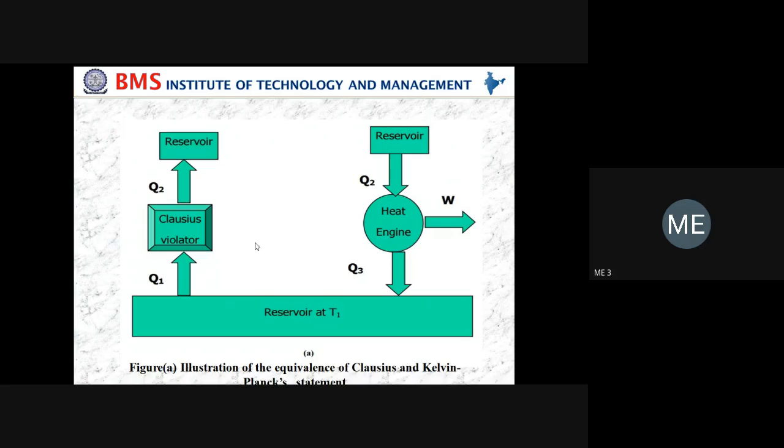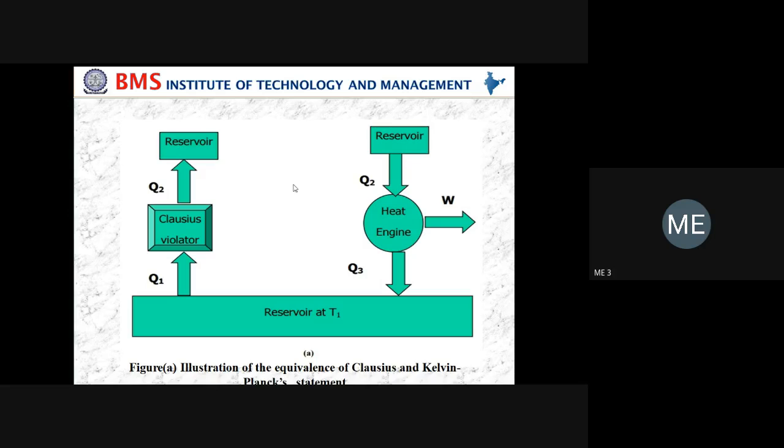How does it violate the Clausius statement? There is no work input at all. Without work input, the heat pump will not work, because we are getting the COP as exactly 1. How are we getting a COP of exactly 1? Because there is no work input, we get the COP of the heat pump as exactly 1. It violates the Clausius statement. So this is the violation of the Clausius statement.